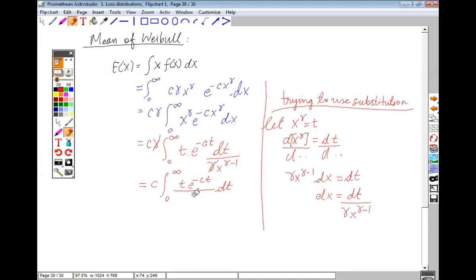So let us try to do something like what you just said. So I'll have x raised to gamma upon x. Sorry, if I write it in the numerator, it will be x, right? So x raised to gamma will be t. So if I write x raised to gamma as t, I already have a t in the numerator here. Yeah, so it will get cancelled out. So I can erase them both. So it will just be x into e raised to minus ct, right? It will just be x into e raised to minus ct. So now what should I be doing?